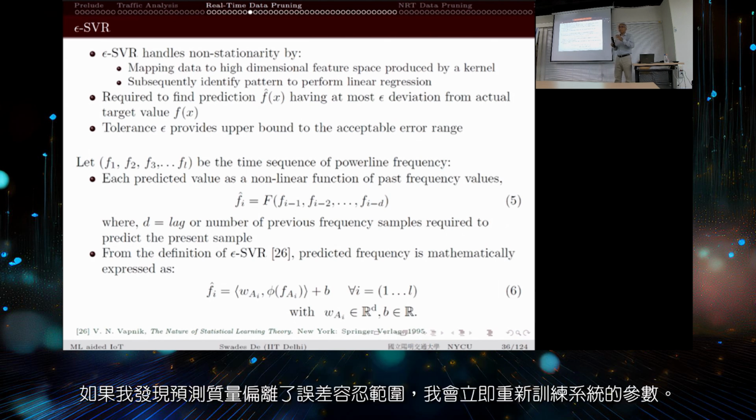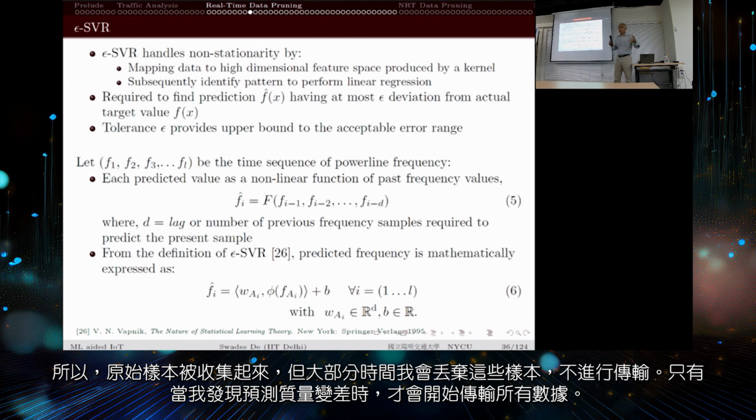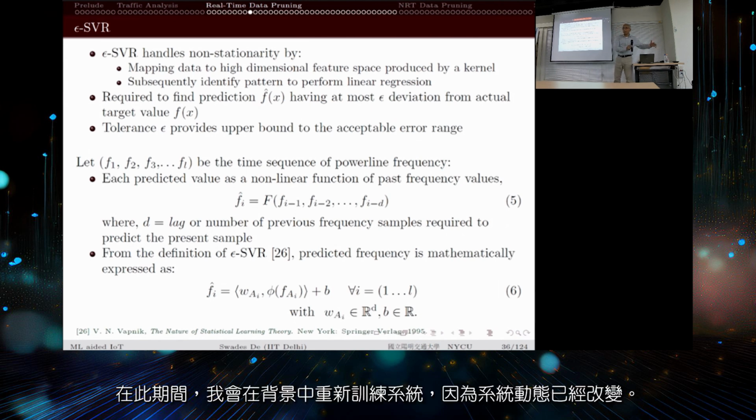If I figure out that the prediction quality is moving away from the error tolerance, then I immediately start retraining the system again, and at that time I will transmit everything, because it is time critical. So raw samples are being collected, and most of the time I am dropping them, not transmitting them, and whenever I find that my prediction quality is getting poor, then I will start transmitting everything. In the meantime, in the background, I will do the training